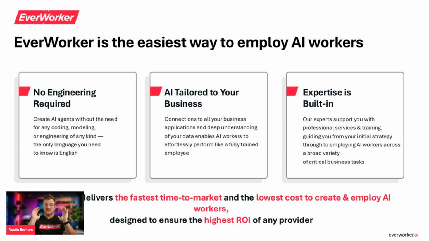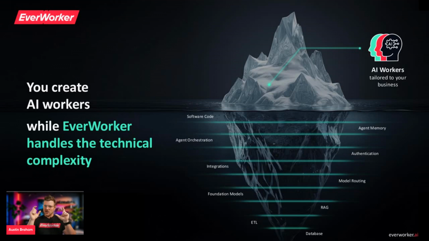And then you have the expertise that is built in. We take care of all the complexity underneath the surface that you can see here. Generally speaking, when it comes to AI strategy and AI infrastructure, there is a large amount of work that goes in on the back end of things. Here at EverWorker, we take out all of that complexity, so you don't have to worry about your RAG database. You don't have to worry about your models and other harder parts that most people don't understand besides the super technical. So that at the very top of this iceberg, all you see is this very beautiful UI to build very sophisticated AI workers.